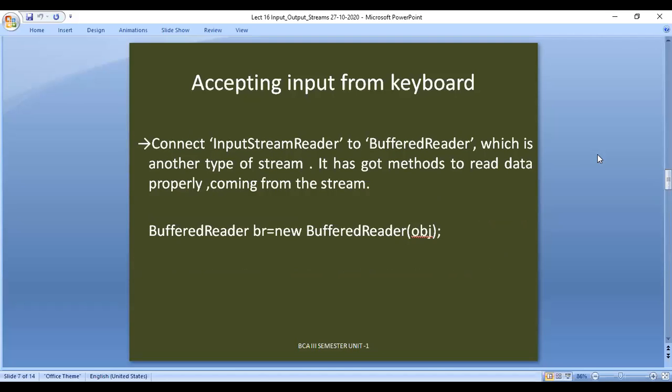Next, we have to connect this InputStreamReader to the BufferedReader. Now BufferedReader is also a stream class which is supposed to accept data coming from the input stream. BufferedReader is also,